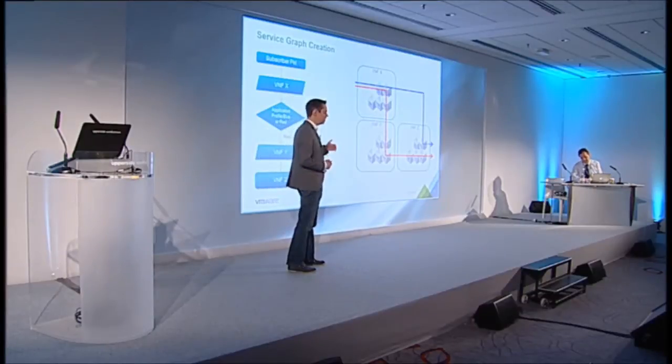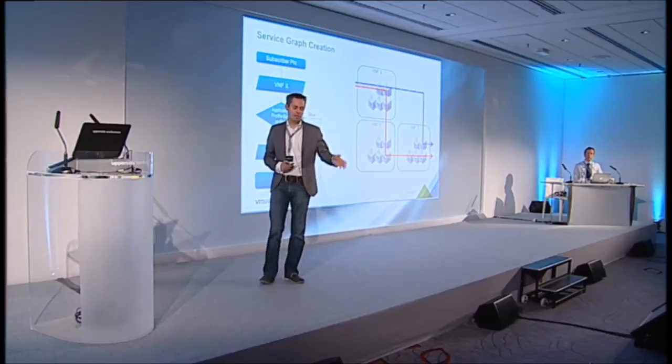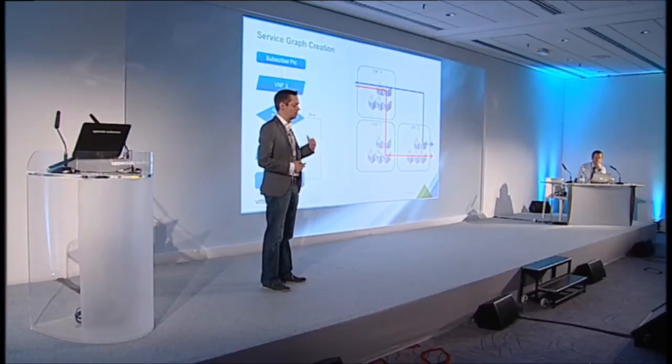So as we move into the service graph creation, the service chaining, we have the ability now to take traffic based on these attributes. We can make decision criteria to say redirect through these virtualized network functions. We can apply this policy in a way that allows us to do any arbitrary topology and apply any of those service engines to that traffic. But it's still not enough, because what happens when we go to IPv6 and somebody does encryption? What happens if you do SSL termination within the guest? How do you move forward? How do you move beyond what we've just described?